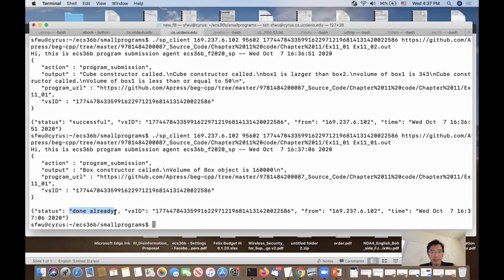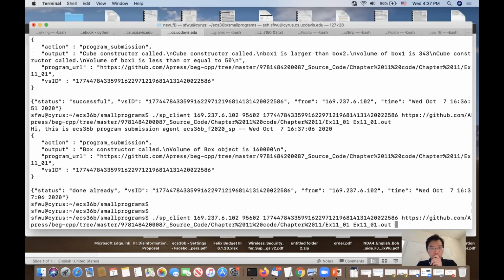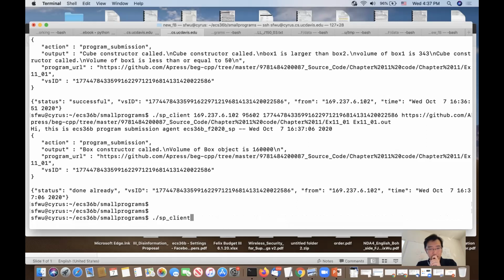So they don't want me to just repeat and get stuck on one single program, because my progress has been tracked. Okay. But if you submit a result that's incorrect, it will tell you failed and give you some reason for that. Okay, so after I'm done with this, if you do this request again,